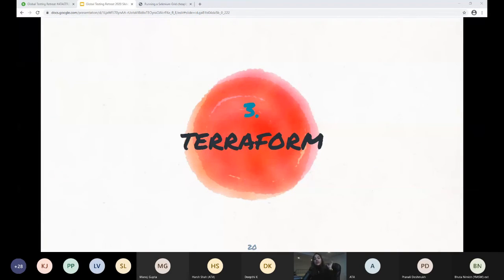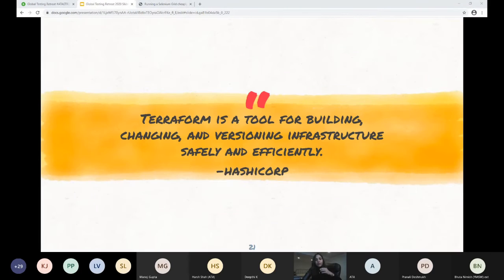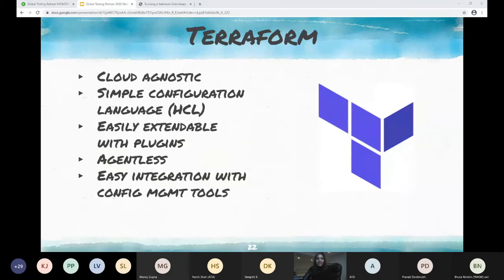So having talked about the general scenario of infrastructure as code tools, let's take a quick look at what Terraform is. Terraform is provided to us by HashiCorp, the company that builds it. HashiCorp defines Terraform as a tool for building, changing, and versioning infrastructure safely and efficiently, which is nothing but the definition of infrastructure as code. So it is an IaC tool.